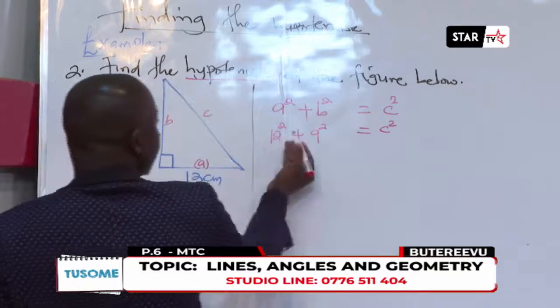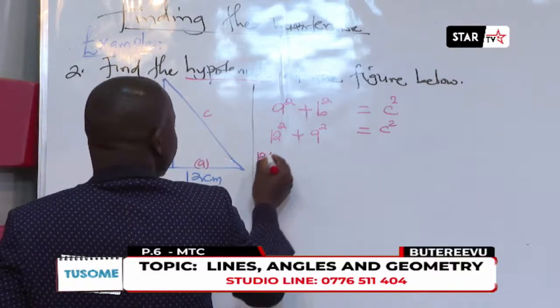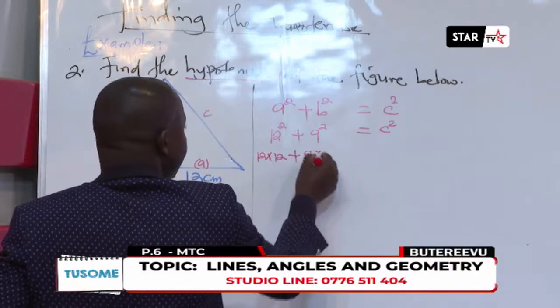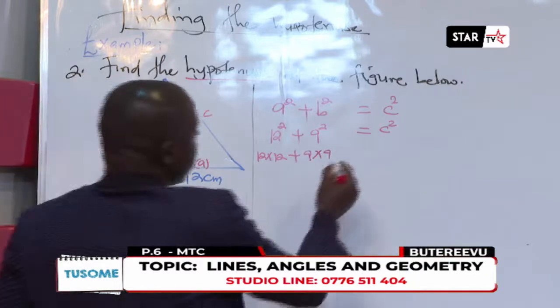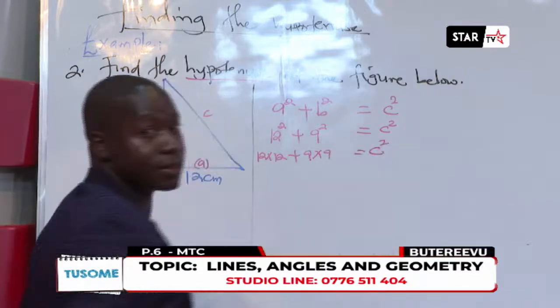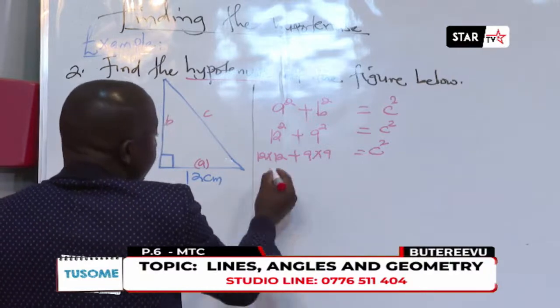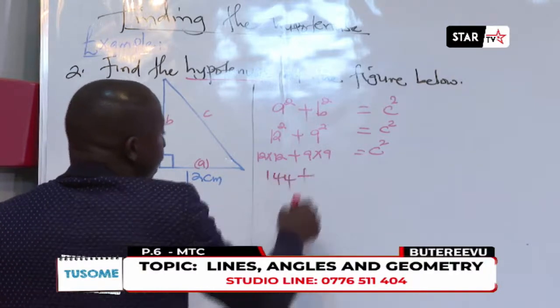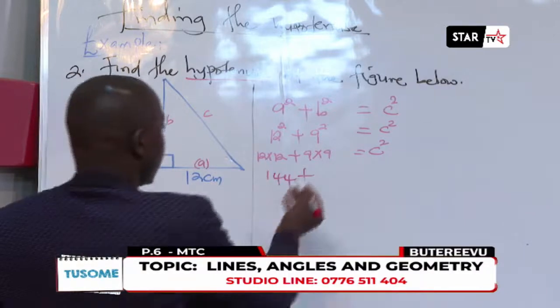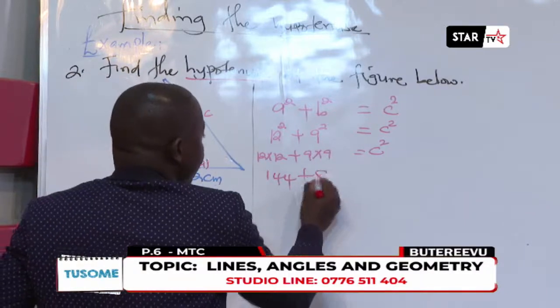We furthermore interpret the squares like 12 times 12 plus 9 times 9, which will give us c squared. When we multiply 12 and 12, we shall get 144, added to the product of 9 and 9, which is 81,